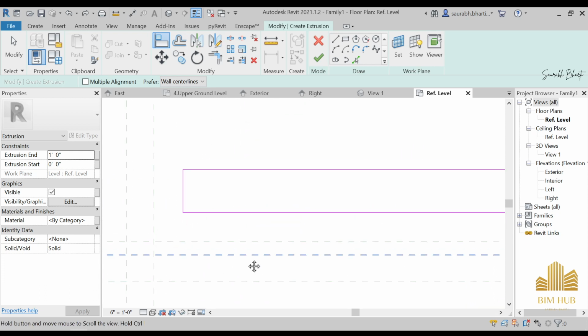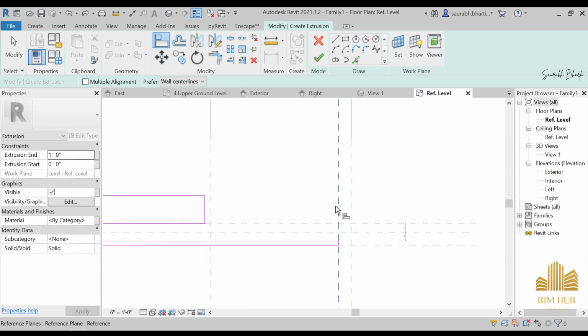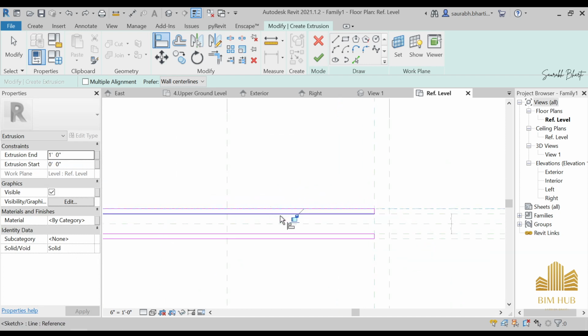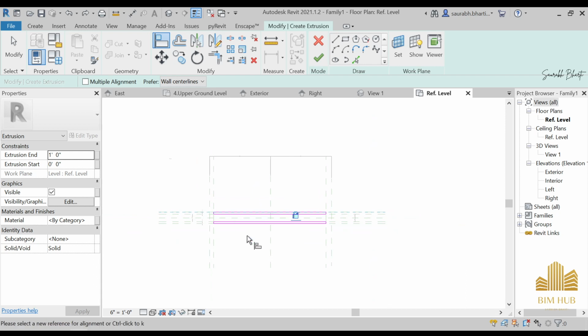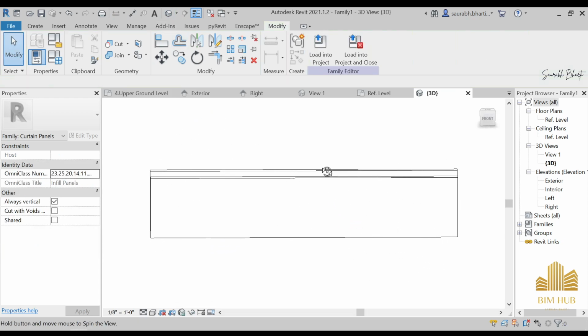And after that we will do the same thing with this one. Select this one, lock it. Select this one, lock it. Select this one, lock it. Select this one and lock it. So this is done, and now just press OK, and now you will see that we have something of walls,